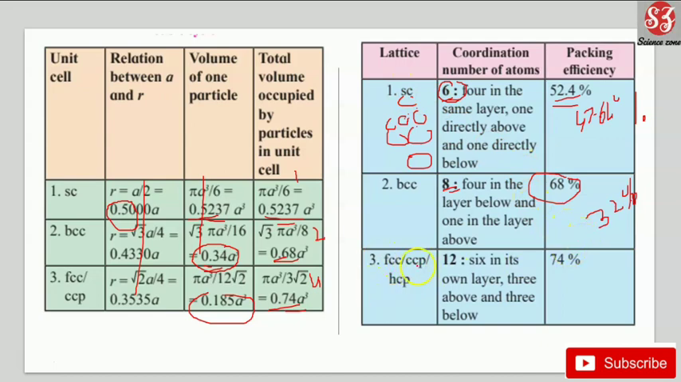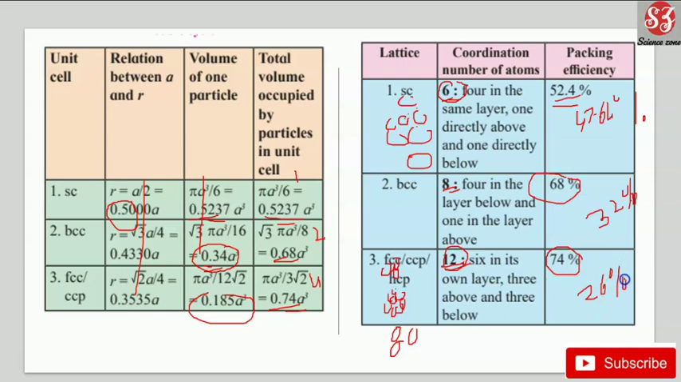Now come to the FCC. In FCC the coordination number is 12. Do you remember how? 6 in its own layer, 3 above and 3 below, so that will be 12. So that particle is surrounded by a total coordination number of 12, and the packing efficiency if you calculate is 74%